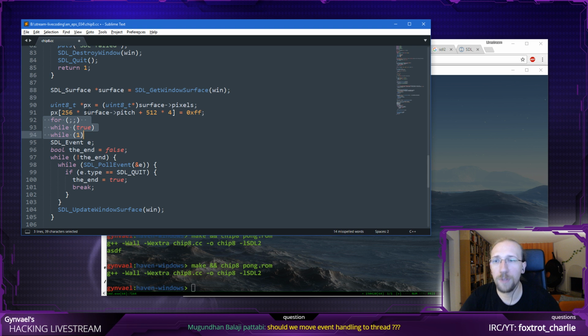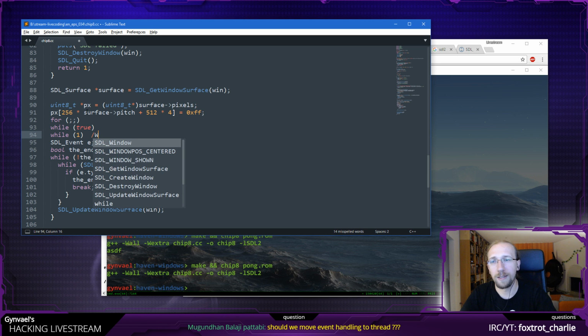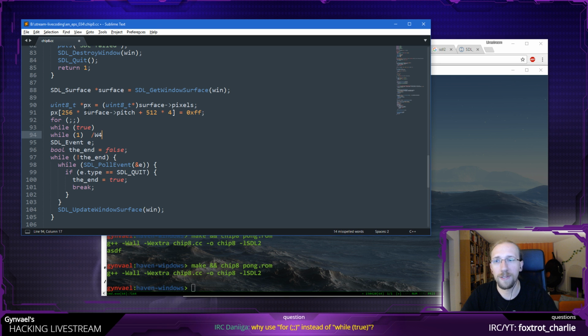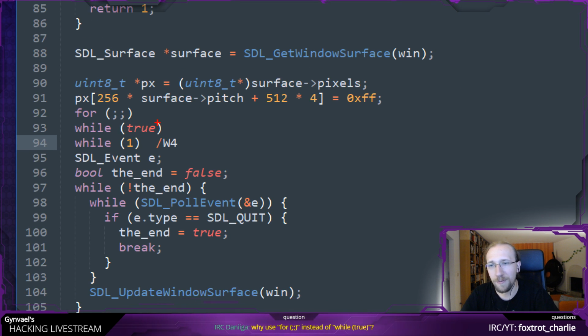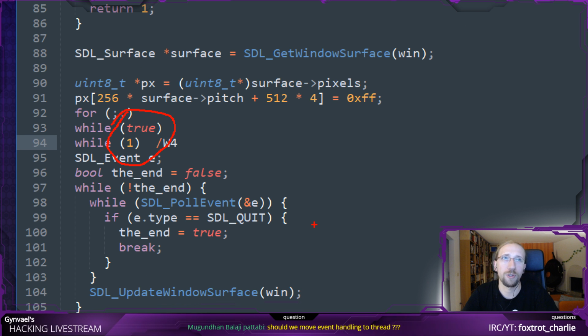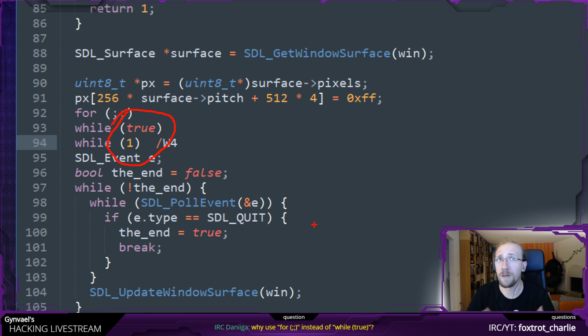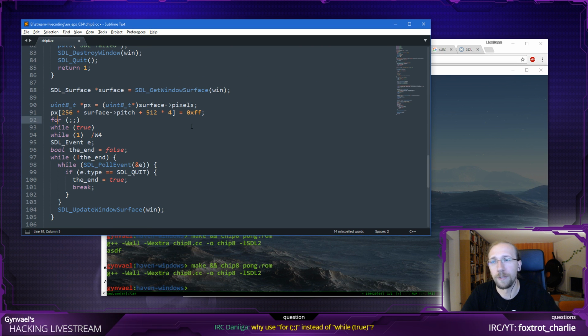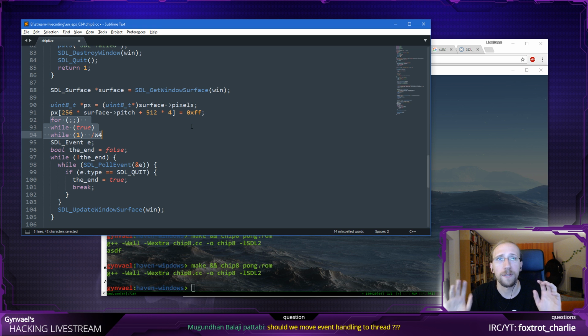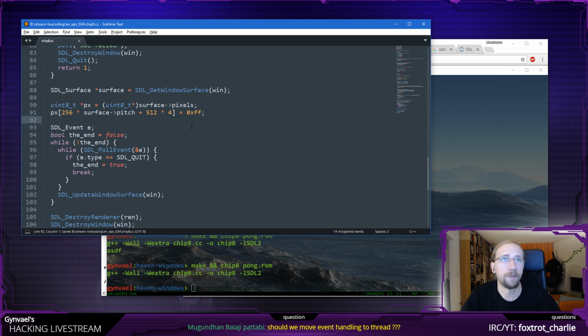That being said, in some versions of Visual C++, if you used W4, which was all warnings, it would issue a warning in these two cases that the condition is actually constant. It worries the compiler that probably you wanted to do something like a real condition there, but it's constant. It will always have the same value. Therefore, it issued a warning for it. And that was the time when I actually switched to doing this, because there is no condition. But you can use any. It's personal preference, basically. I just prefer the for.